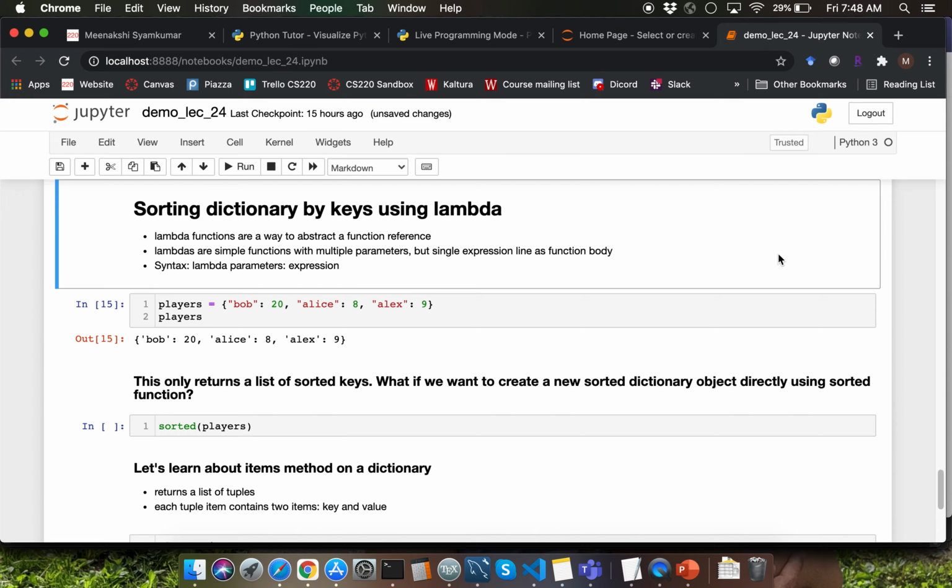Hello everyone. In this video, I'll be briefly introducing you to the concept of lambdas. Lambda functions are a way to abstract a function reference. Lambdas are simple functions which can take multiple arguments but only have a single line of expression within the function